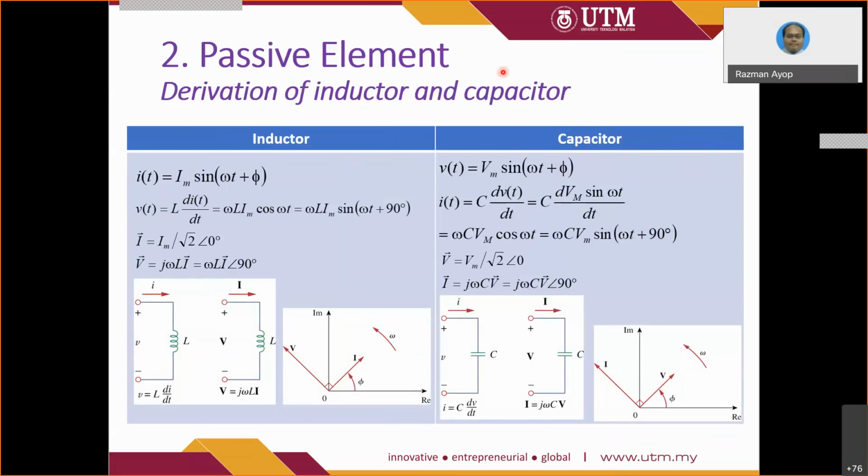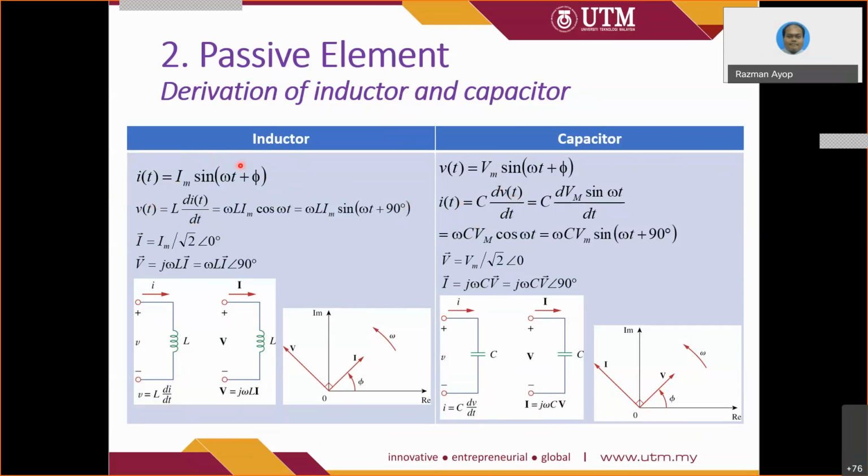Okay, you also need to know how to derive this. This one is usually asked in the theoretical part. From the previous knowledge in physics, you know that V equals L di/dt. Same for the capacitor, instead of V equals L di/dt, it is I equals C dV/dt. So from this, you just assign a